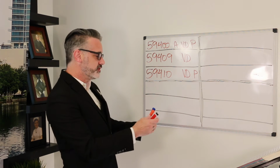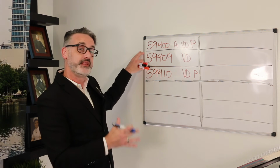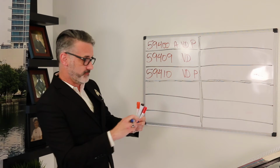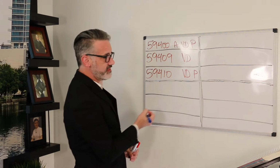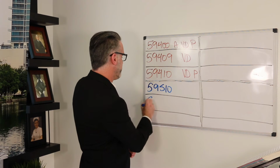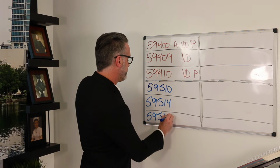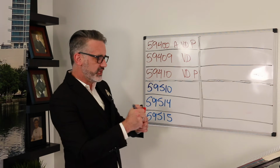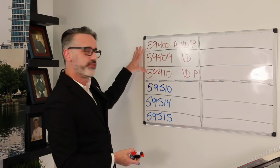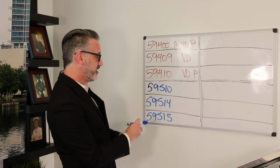Now, something you'll notice is the similarities between the next set. While the top left is just vaginal deliveries only, the bottom left will be cesarean deliveries only. And those code sets that we have are 59510, 59514, and 59515. So if I just kind of spoiler alerted that one, how the top set can be like the bottom set, then picking up and looking at the rest of the coding options,